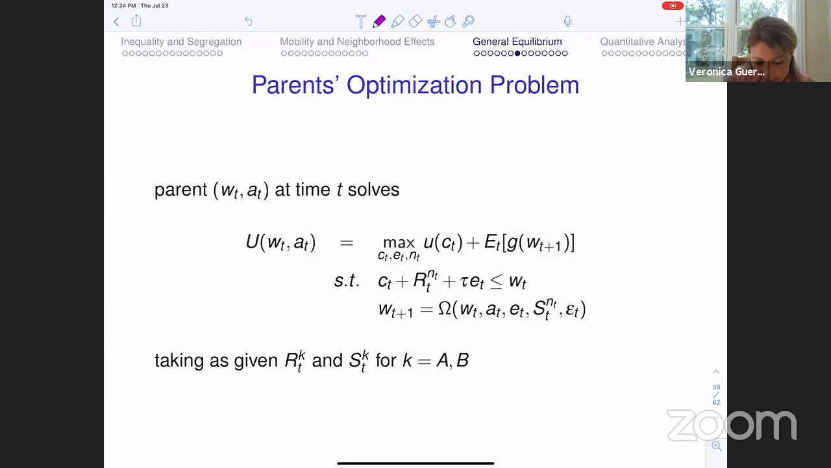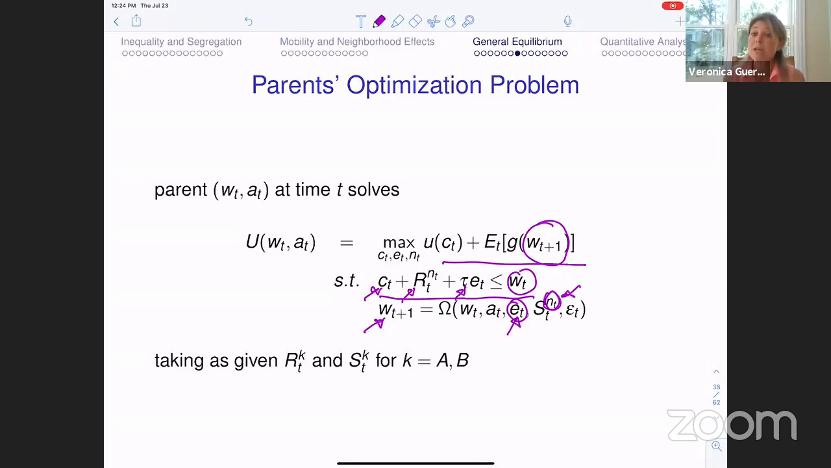They maximize their utility subject to a budget constraint. So they have their own income that they can use to consume, to pay the rent where they live, and to pay for education if they decide to give high education to their kid. And they also maximize the utility, knowing that the wage of the kids depends on their choices. It depends on their choices of the education of the kids, and